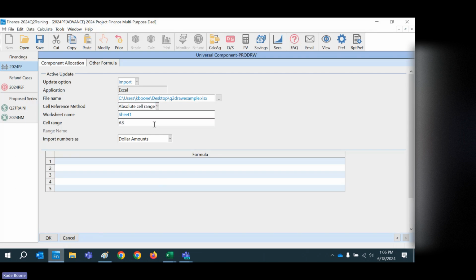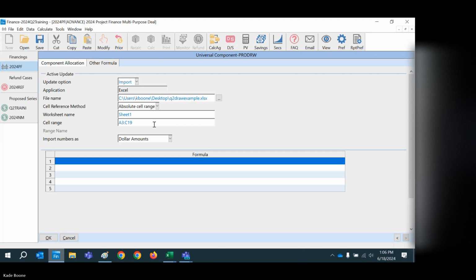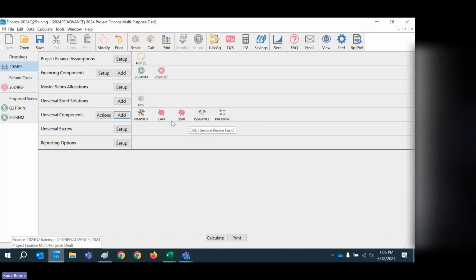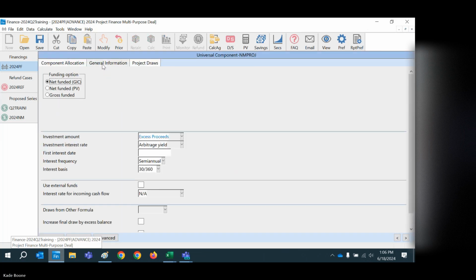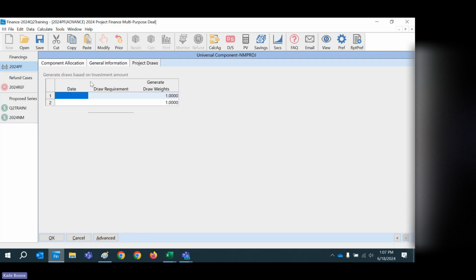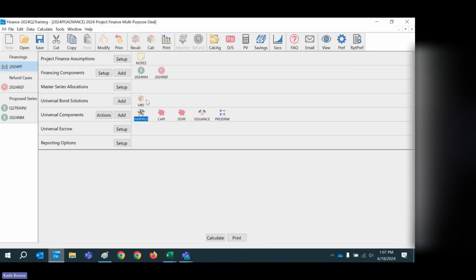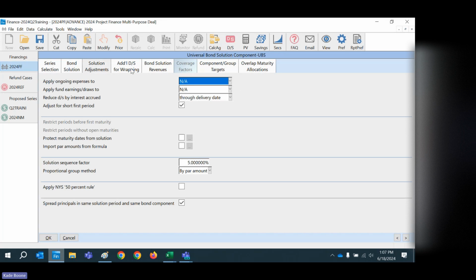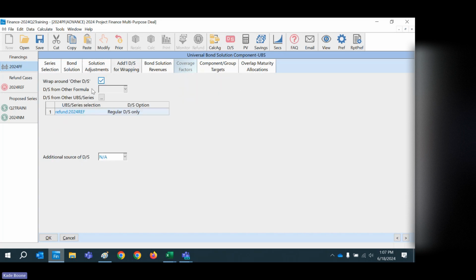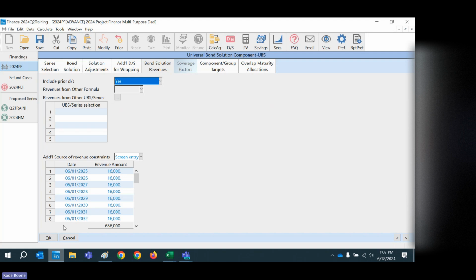So A3 to C19. We don't need to create a formula, because it's going to import the information. When it imports, if correctly, in this case, I'm going to select project draws, do calculate. I don't need to put any dates or anything like that. So anytime you see anything that says draws from other formula,